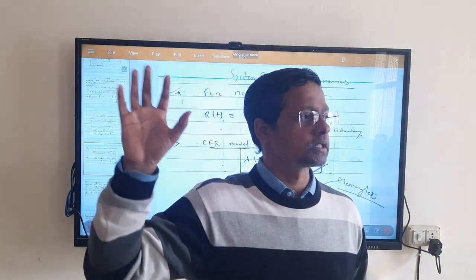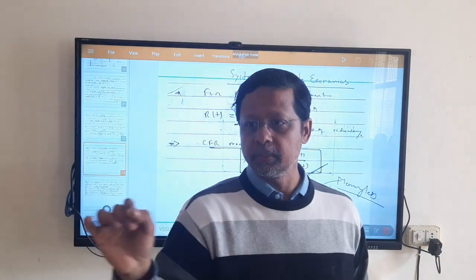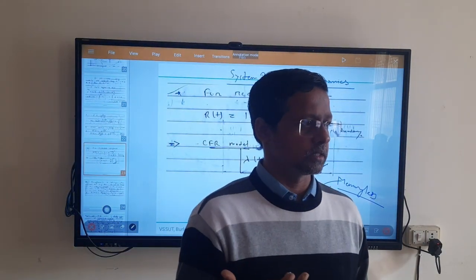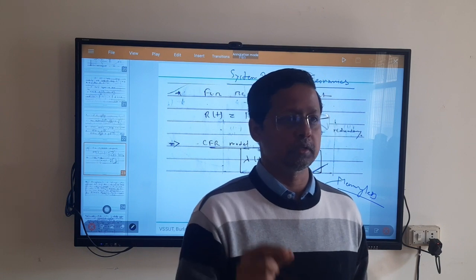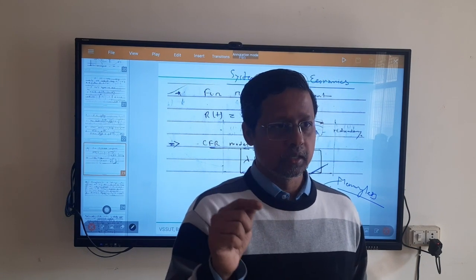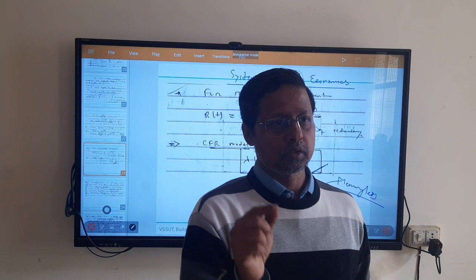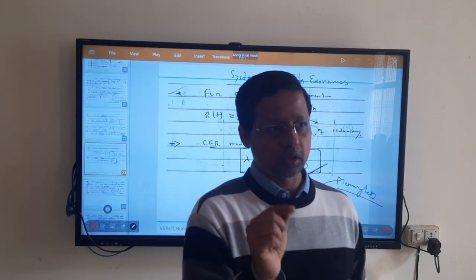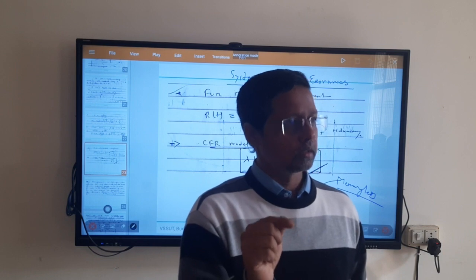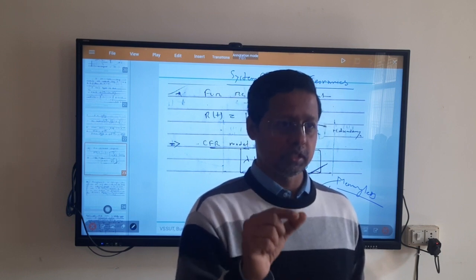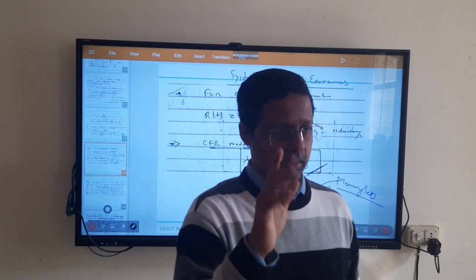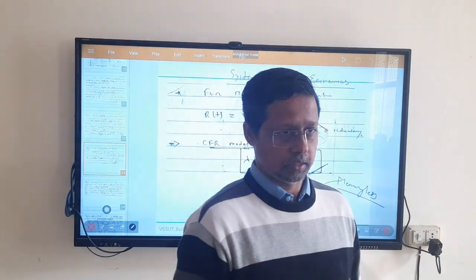Remember your control system problem. Initially you take one feedback. Then you might have an exercise like signal flow analysis or block diagram analysis when you consider a number of blocks. You try to solve from inner to outer, that means you first solve the internal loops. Once the conclusion comes, you consider it as a simplified model and then resolve the final loop. This is exactly what you have done here.